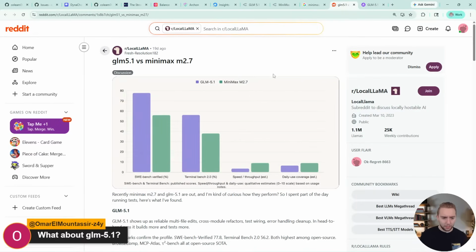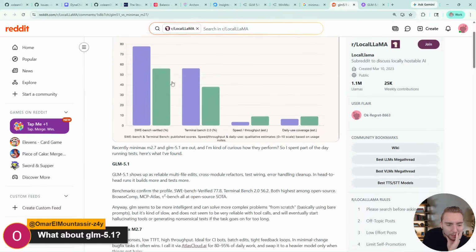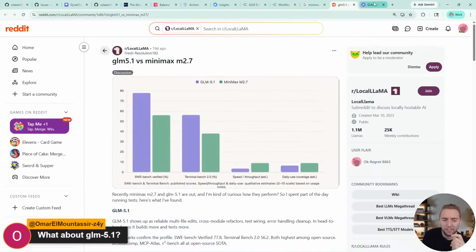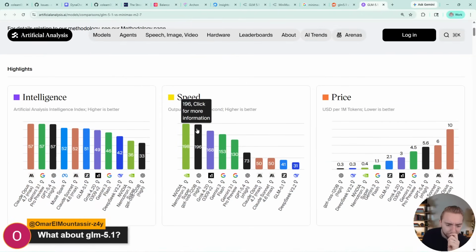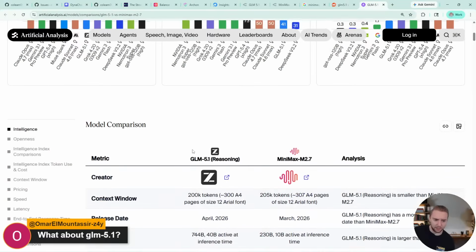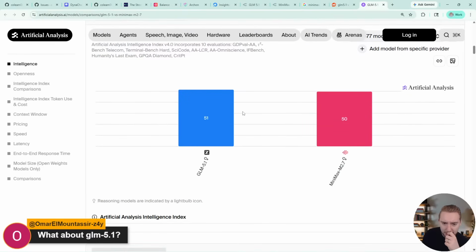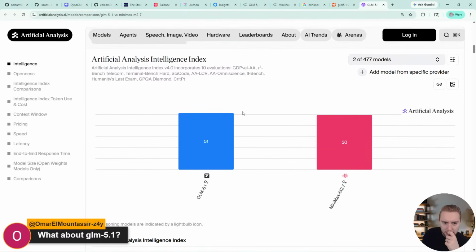Let's see. Yeah. So okay, I mean it's a decent jump. Okay, I don't remember it looking like this. That's a pretty big difference actually. Let's see, I gotta tilt my head here. Does this actually show? Wait a second. Okay, this might have been what I was looking at. It incorporates 10 evaluations. Yeah, see, this is more what I saw in a lot of my research. It's like GLM is better, but not by much.